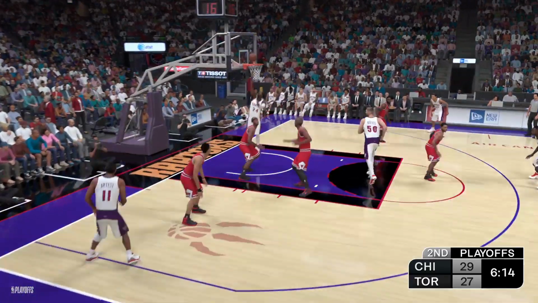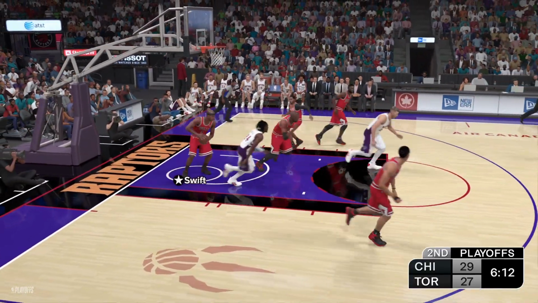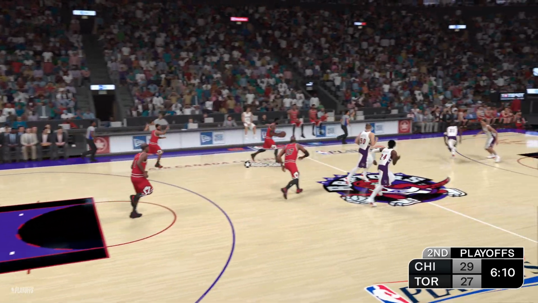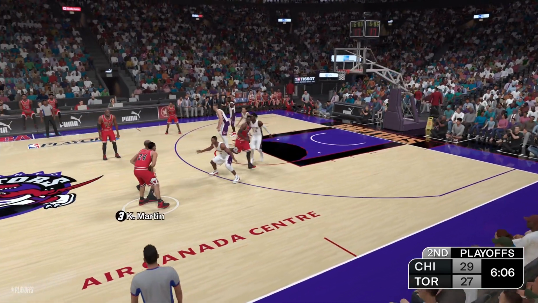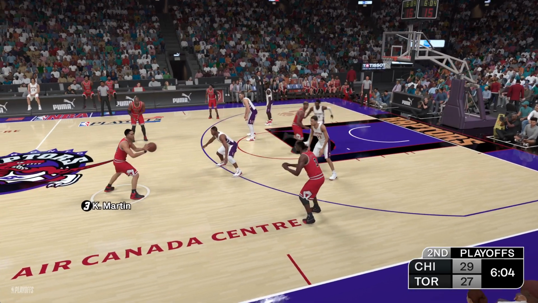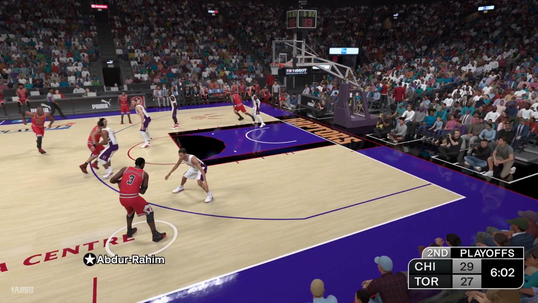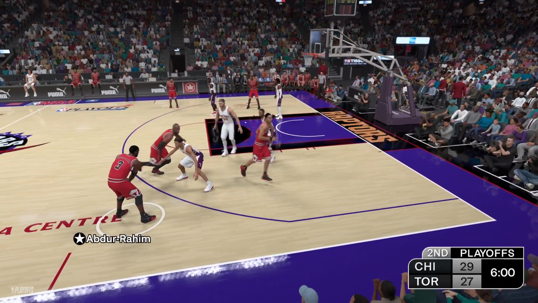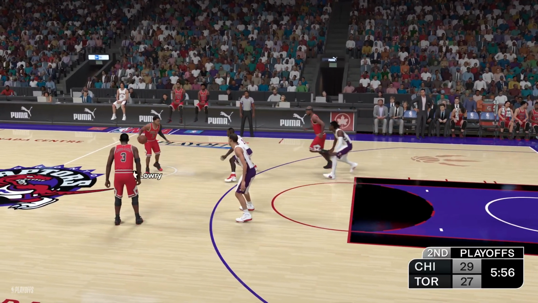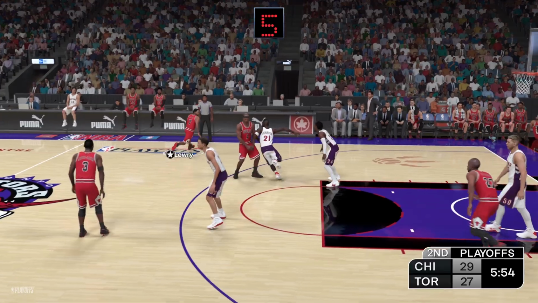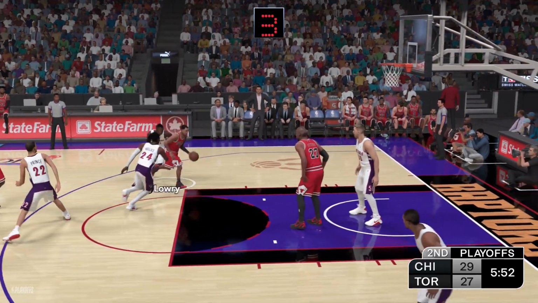Here's the lob to the hoop. It's hauled in by the Bulls. Yeah, and that was lining up to be a huge alley-oop, but they just couldn't quite connect. And you know, guys, always a tough catch on the lob. Placement and timing have to be close to perfect. Here's Abdul-Rahim. Pass to Lowry. To the middle.